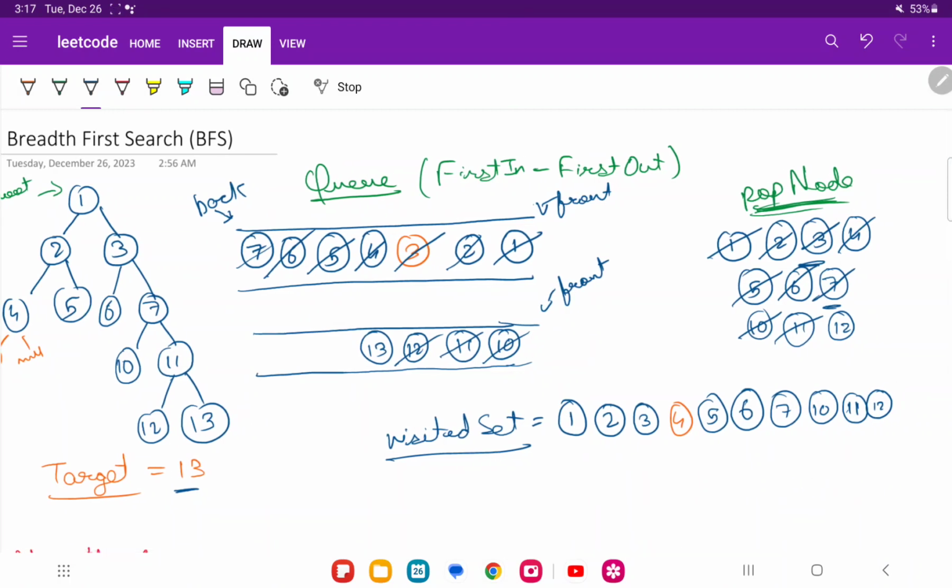Once that is done, we pop the node 13 in the next iteration, assign it here. Is the node 13 the value that we're looking for? Yes, that is the value that we're looking for. So we return this value. So essentially, using this traversal, you have figured out level by level that node 13 exists in the tree depicted